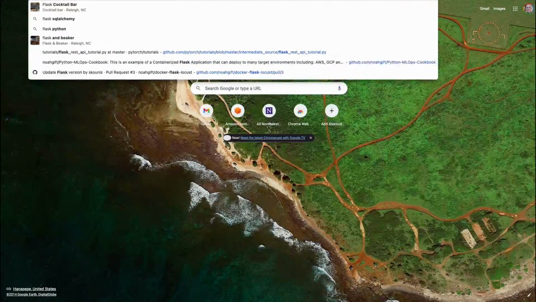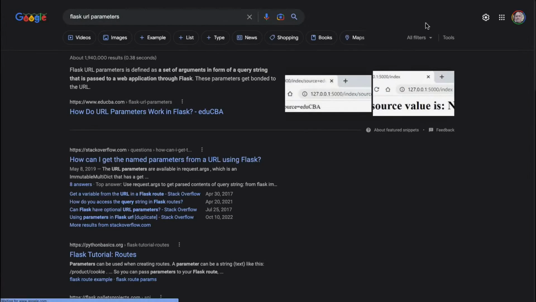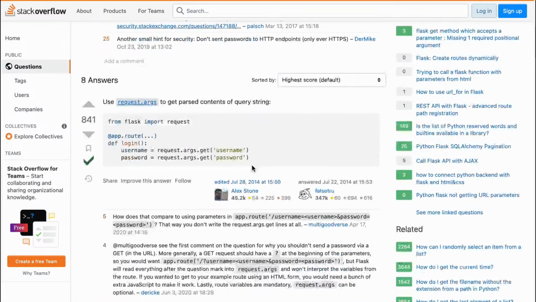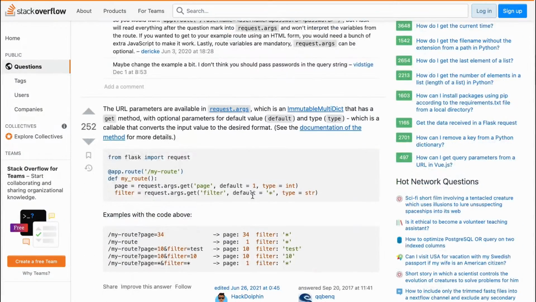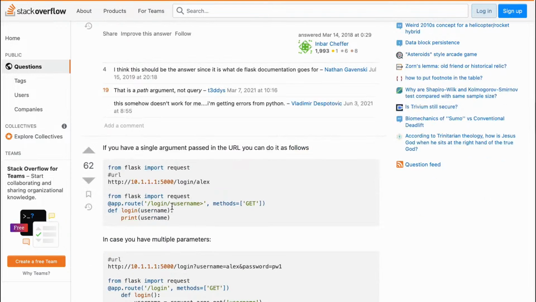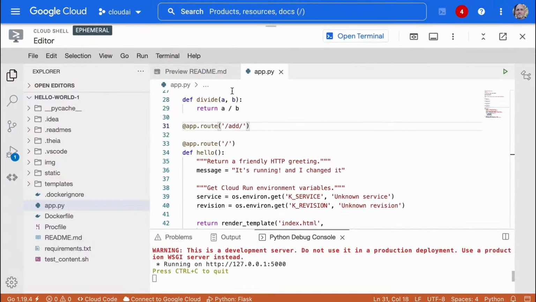We can just say Flask URL parameters. Let's see what we got here. Requests. Flask. Oh, there we go. That's what I'm curious about. We want something like that. So that's what I thought. Okay, so we'll go to this, and we'll just say A and B, something like that.